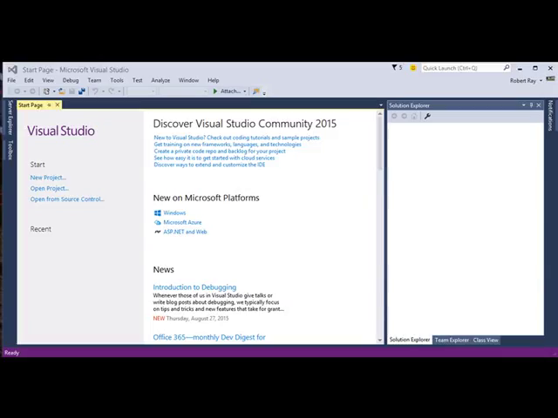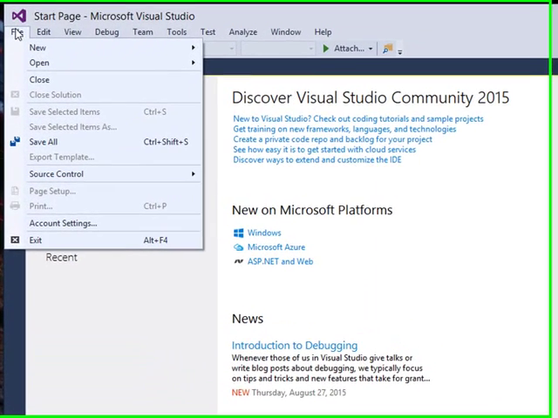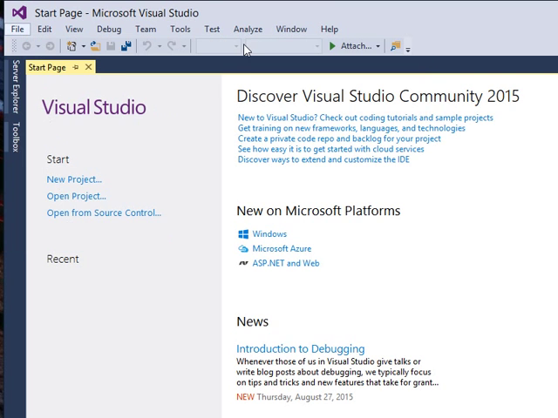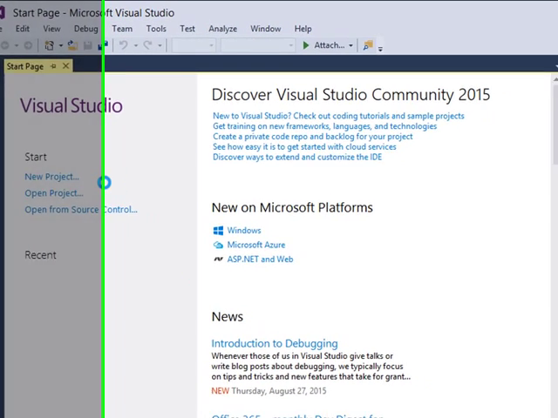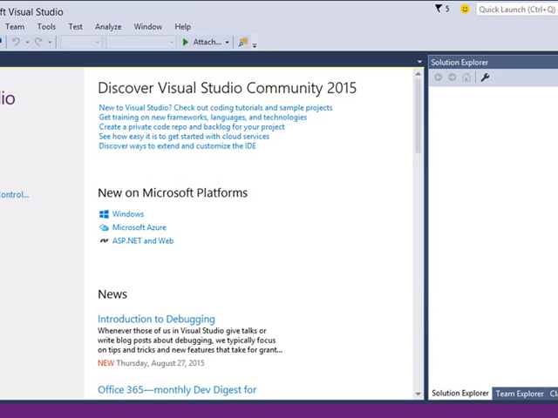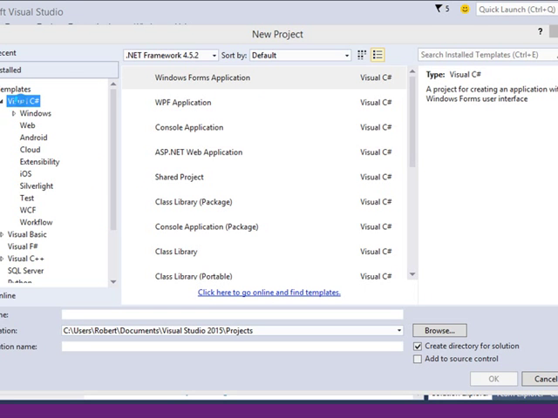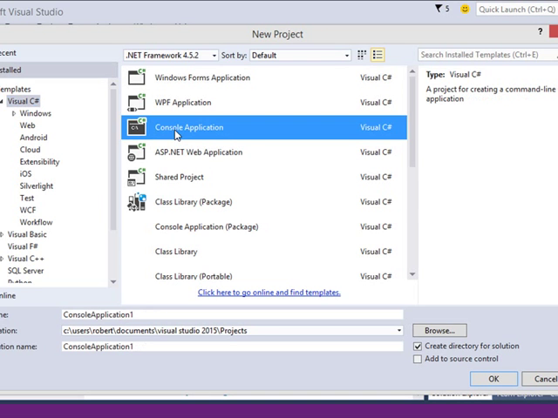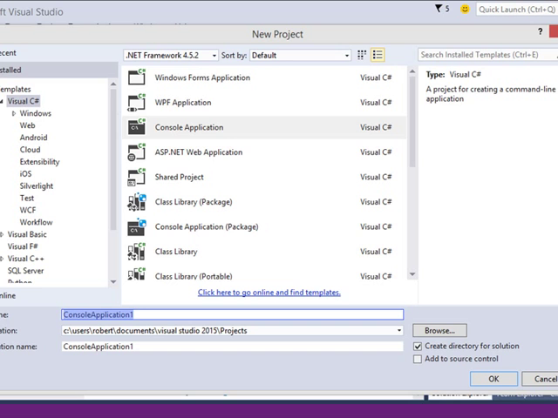For C Sharp, let's take a look at creating some variables and displaying those values. I'm going to start a new C Sharp project. I'm selecting C Sharp and I'm going to do a console application. I'm going to give it a new name,